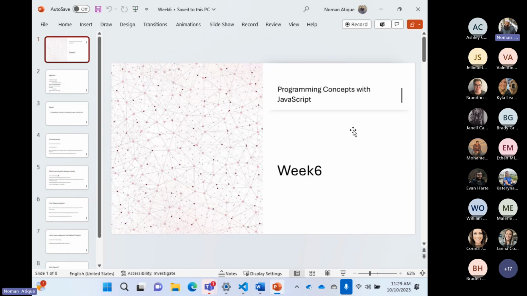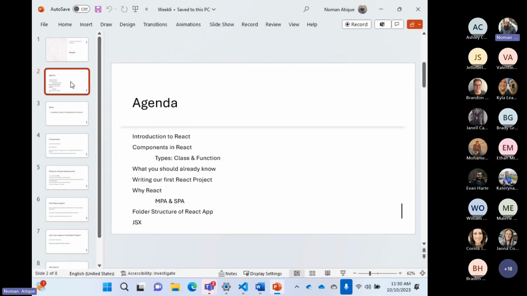So we are just 1 minute away. Let me have a glass of water, and then we'll start shortly. Again, those who are just joining us now, please go on the GitHub page. In the week 6 folder of programming JavaScript, you will find this PowerPoint, because I wanted to save a little bit of time typing, so I will be more discussing it. So we are on time, and we are starting. We are also recording. I hope everyone is good to start now.